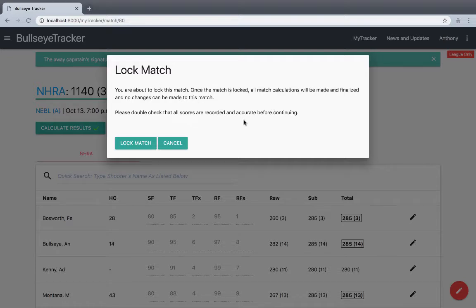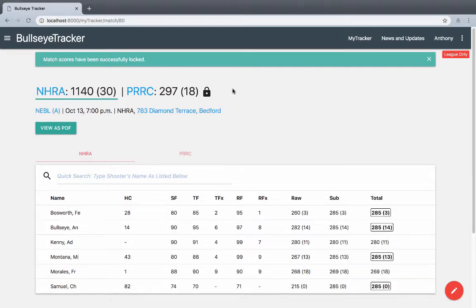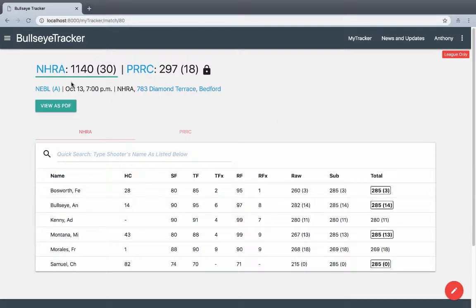You're presented with a warning message that says you won't be able to undo this without the assistance of a division or league officer. Once that match is locked, you'll see a locked icon, and now these scores contribute towards the team's ranking across the league. You'll also be able to see that PDF